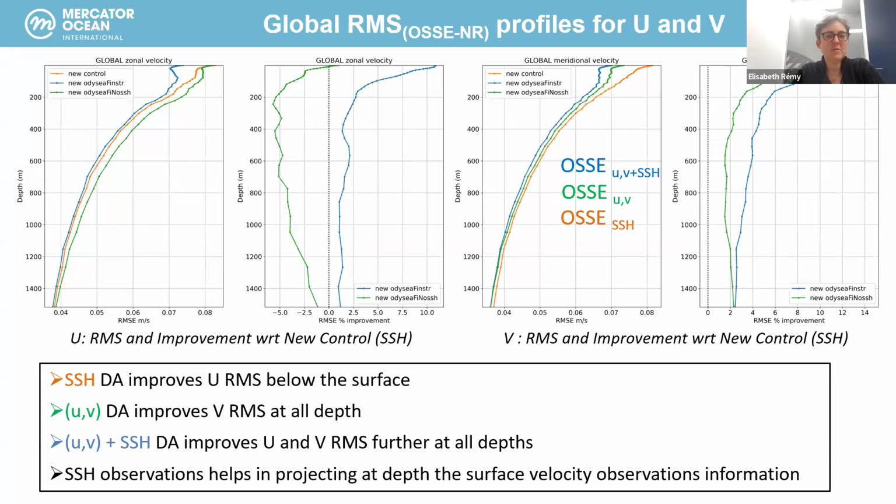But as before, we found that for U, the zonal component, there's really a need to have also the SSH to really well project the information from the surface to the depths. And if we have only the Odysea observations, we tend to degrade the velocities at depths compared to only SSH. Those statistics are for the global,